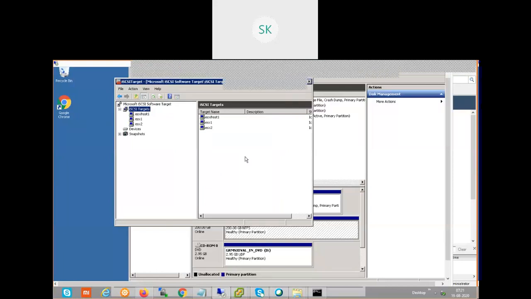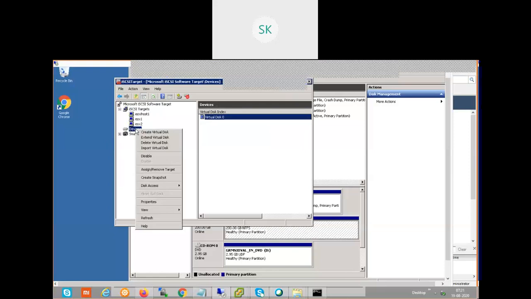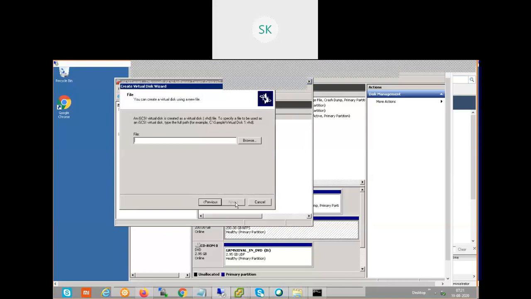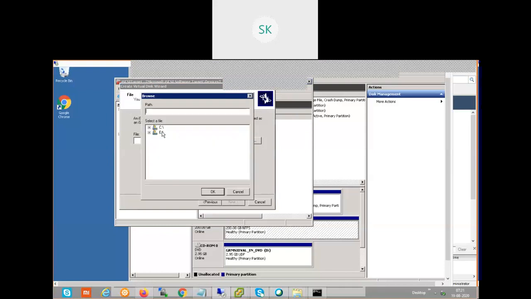Go to devices. Click on devices. Create a new disk. Just give a file name, any file name. Select the E drive.